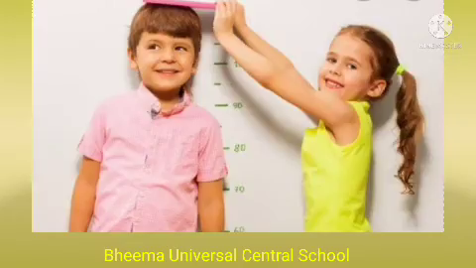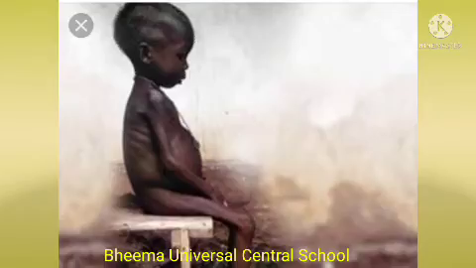Growing children need more proteins in their diet than other age groups. Deficiency of protein usually occurs in children. Lack of protein in the diet results in weak muscles and affects growth and development. Deficiency of protein leads to a disease called kwashiorkor. A child suffering from kwashiorkor may have some or all of the following symptoms.